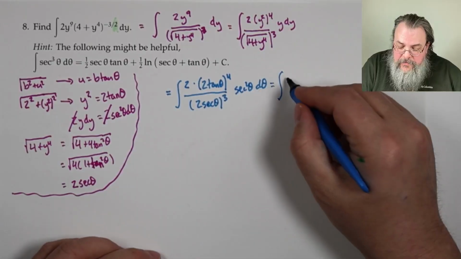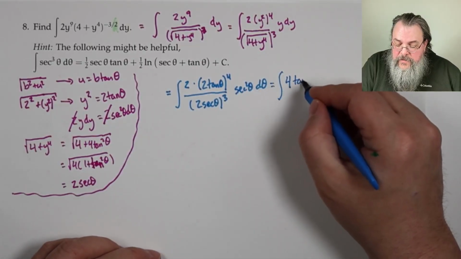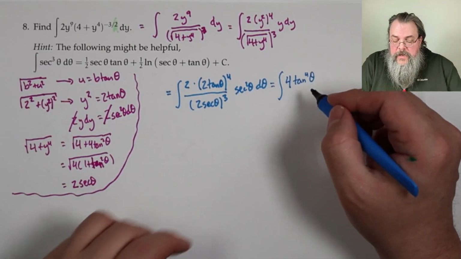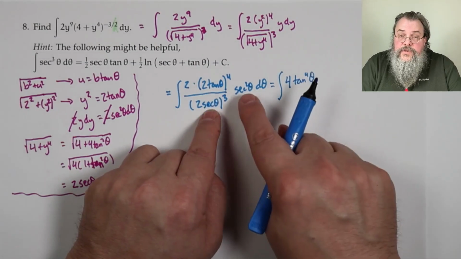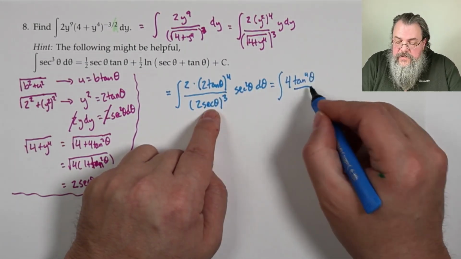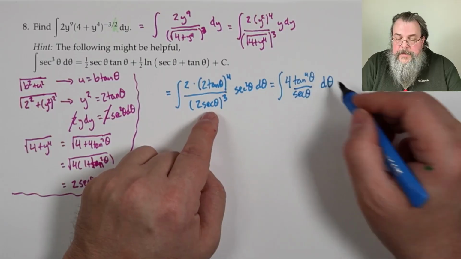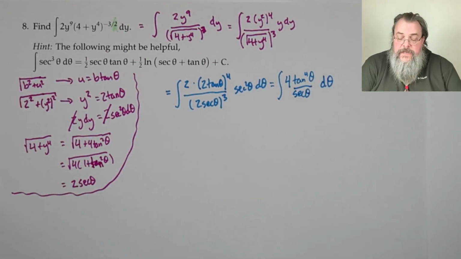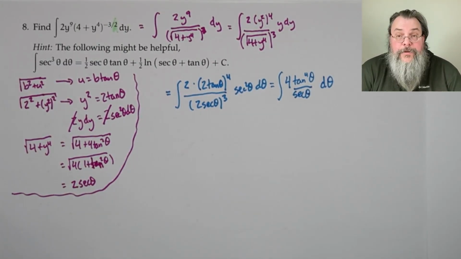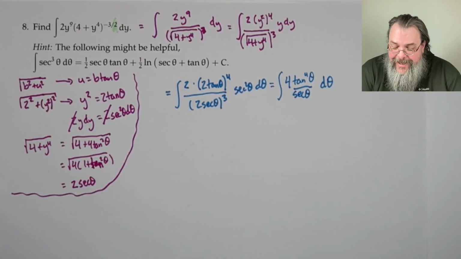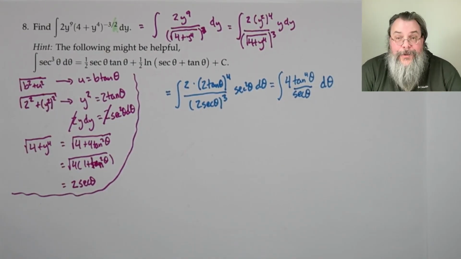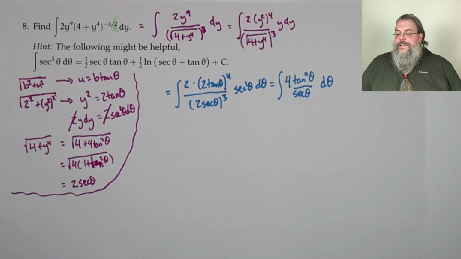So that's going to be a 4 tangent to the 4th theta. We have 3 secants downstairs and 2 secants upstairs. So that leaves us with a secant theta. And then we have a d theta. All right. So that's what we're down to. Okay, all right. What do we do? Now,